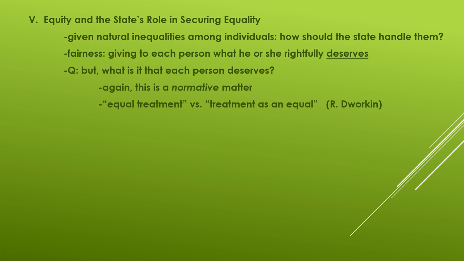Equal treatment is a model of justice in which there is one set of rules. That set of rules is made public. Everyone knows what they are, and that set of rules comes with it one set of penalties. So everybody knows this is the law. If you break that law, here's the penalty that you're going to get. It doesn't matter who you are. So equal treatment, to many people's mind, that is what justice is all about. Set the rules and play fairly in the sense that nobody gets special treatment.